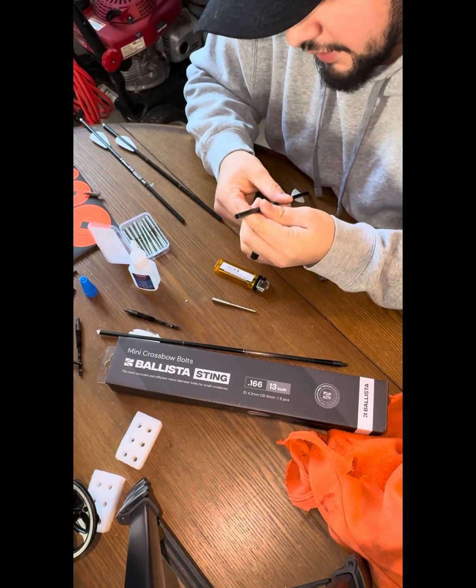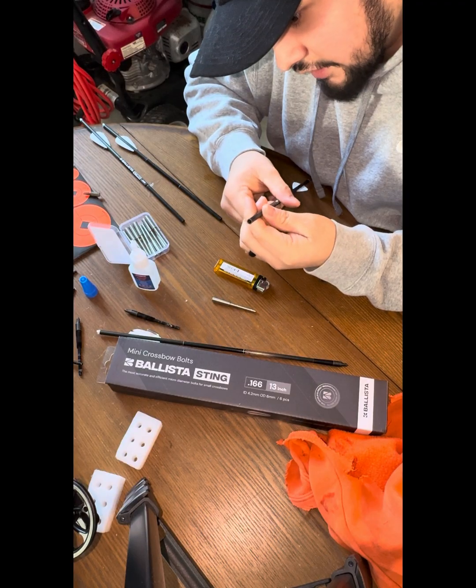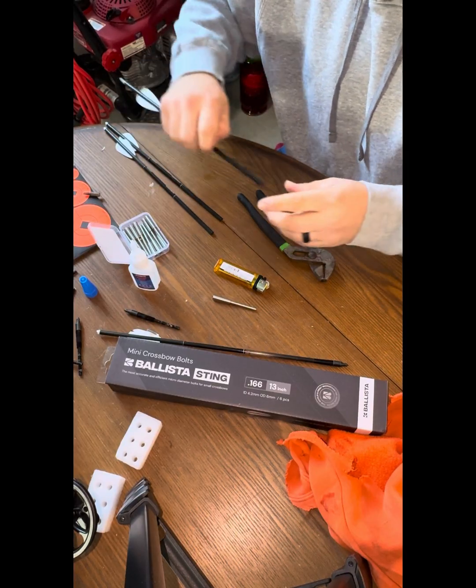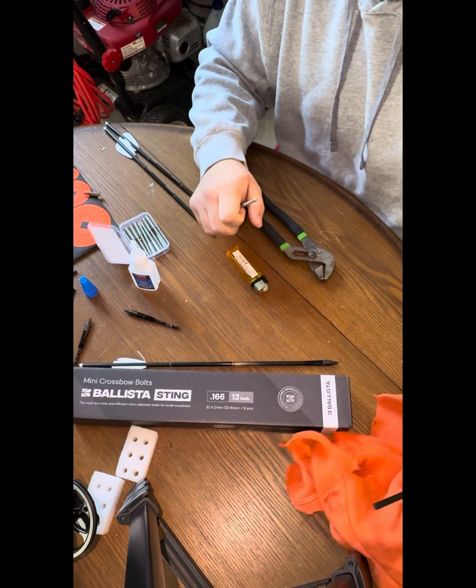Now you're going to want to inspect, make sure there's no cracks or anything on your arrow shaft. Yep, looks good. I've already made a couple while they cooled down. So what you're going to do for this,